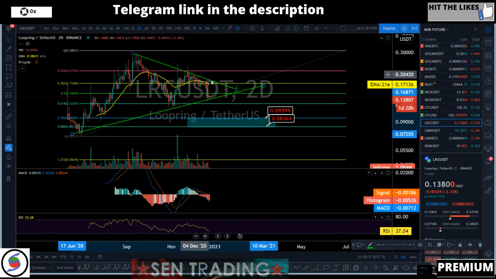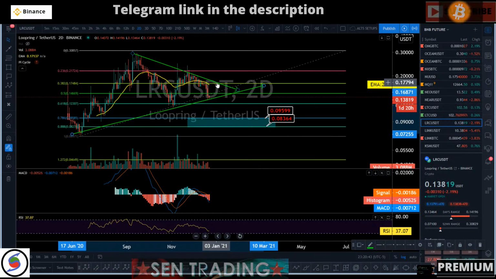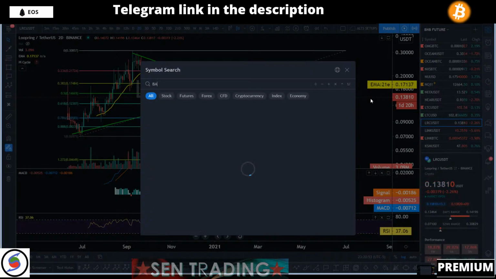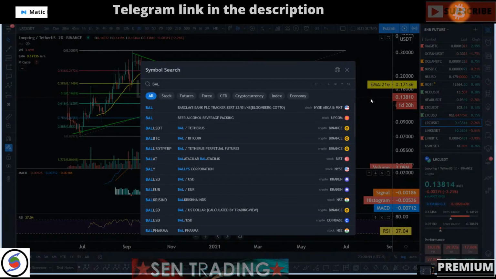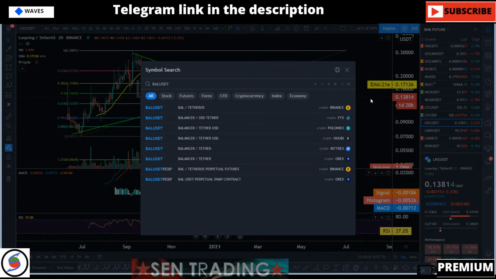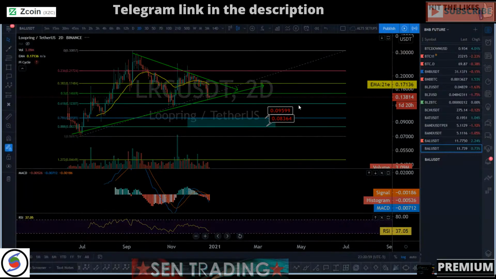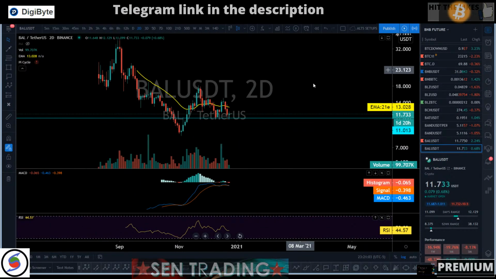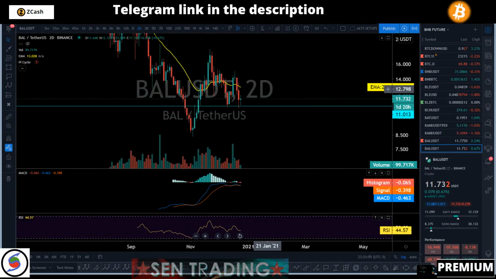It is pretty clear, okay? It can only go one way. It is either going to the downside or going to the upside, right? Balancer BAL did take a dip last night, I think like 11 cents. Yeah, so BAL took a dip, a nice double bottom.